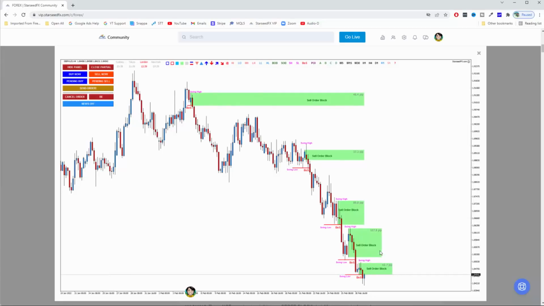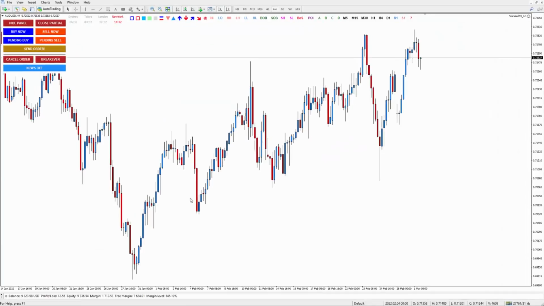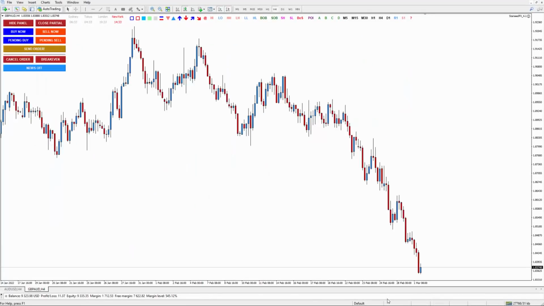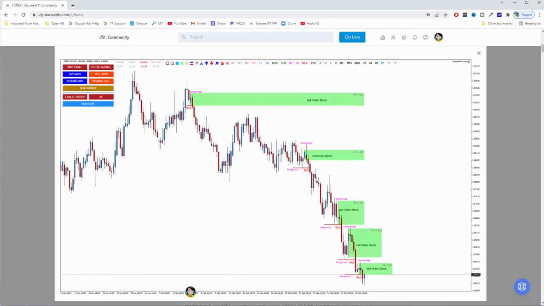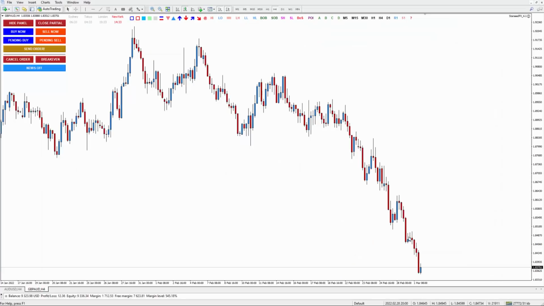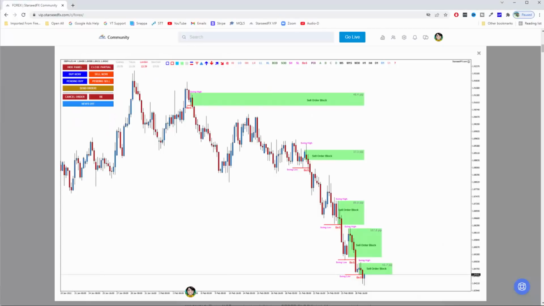All right, so let's go to this. This is GBP AUD, right? It's today. I didn't trade this one, but let's see. GBP AUD. Let me see again. Is it working? Hold on. Oh, it's over here. Yeah, it's already working. All right, so you see, I'm using a different broker here. So sometimes a different broker can give you different prices. I mean, the color could be different between bearish and bullish, but basically it's the same.